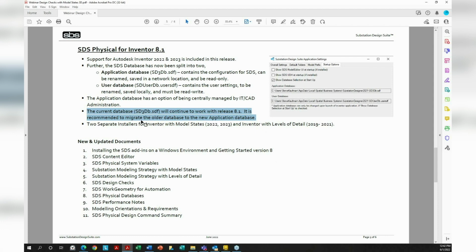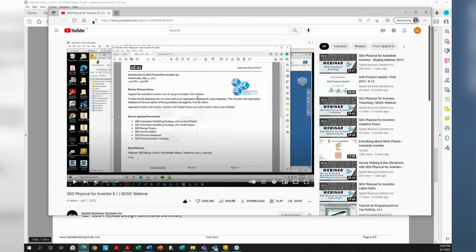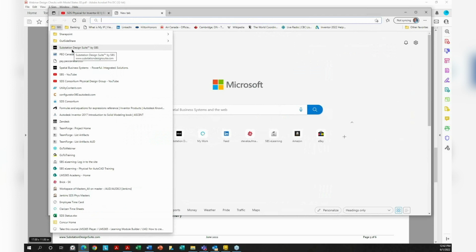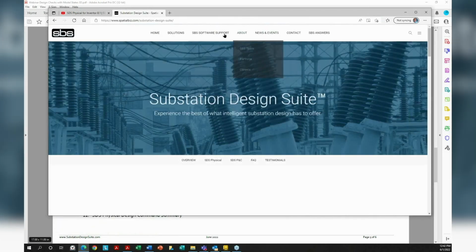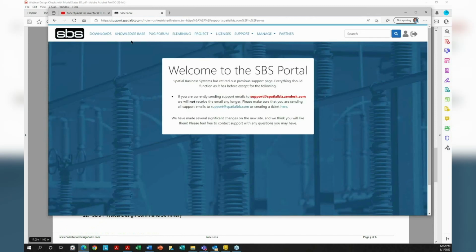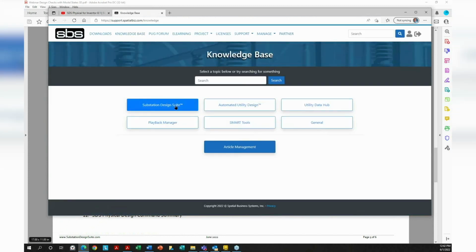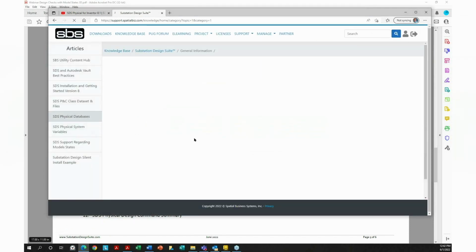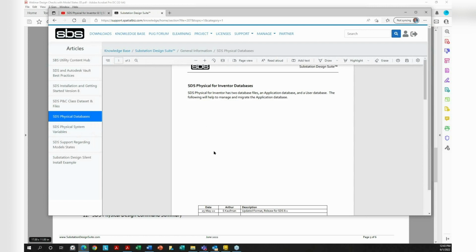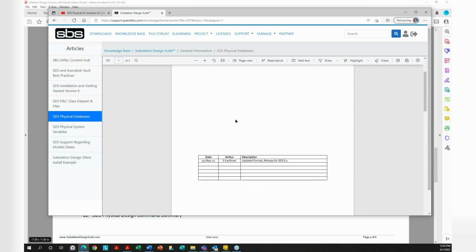But in the future, you may want to do it when you have time, at your leisure. So to migrate it, I created a document. It's on our portal now. It's pretty direct. I think most of you can guess what it's going to be. It's just copy out your... I think it's in here, physical databases. This document here, physical database,